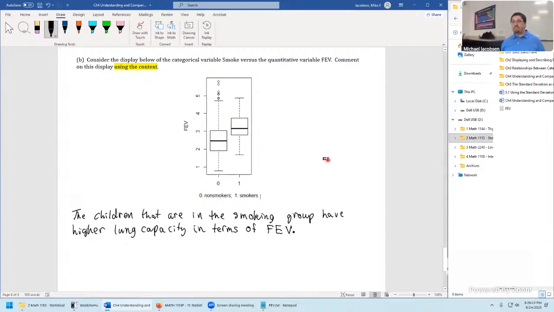And that can't be right. There's got to be some explanation here, right? We know that smoking is not actually increasing your lung strength. So there's got to be a way to explain this. I don't see what makes this true, but there is a good explanation of why we see this in the data.